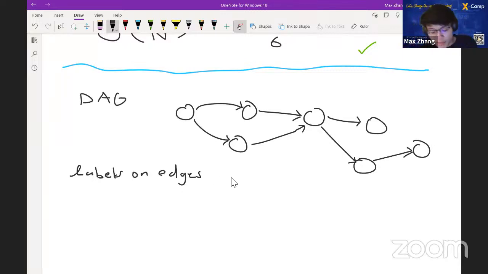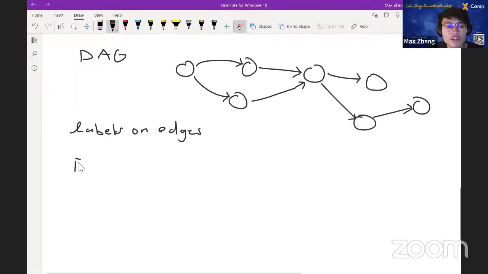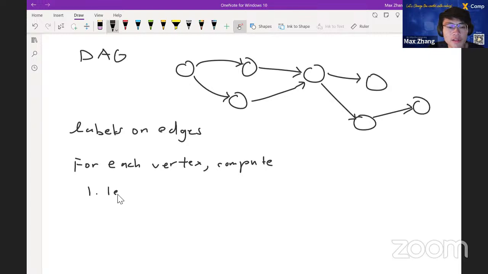And we would like to compute, what do we want to compute? We want to compute two quantities for each vertex. The first thing we want to compute is just the length of the longest path. When I say length, I mean the number of edges. So the labels are not the total length of the labels, but the number of edges. So the length of the longest path